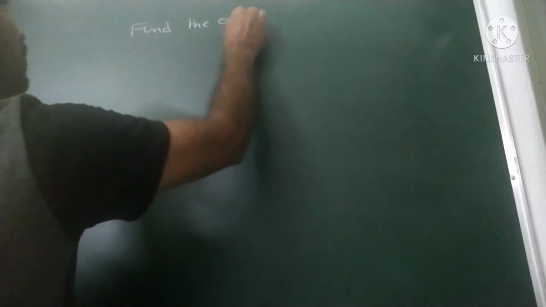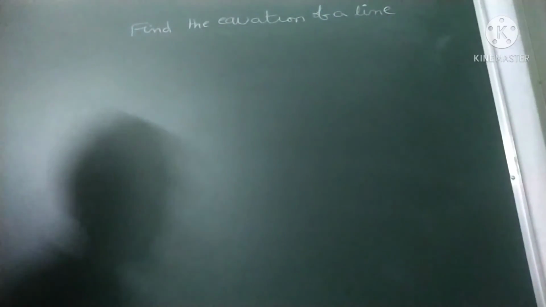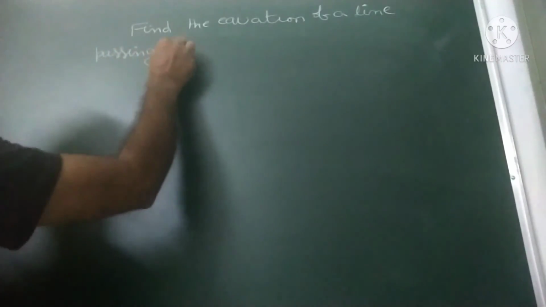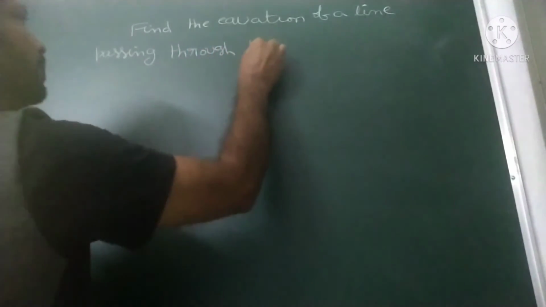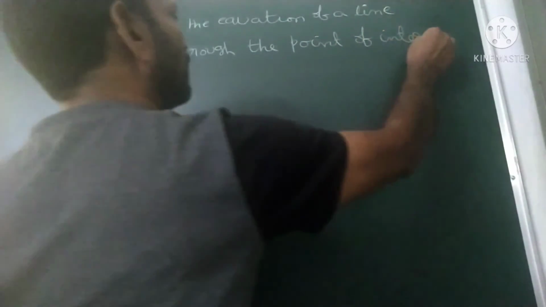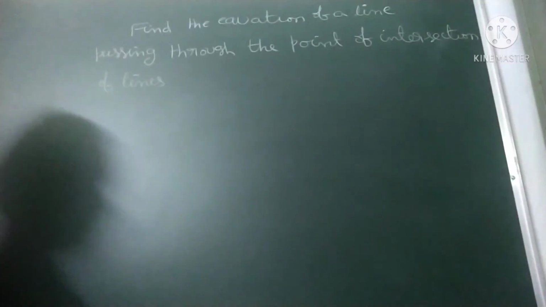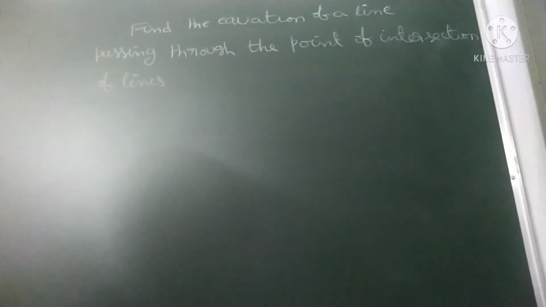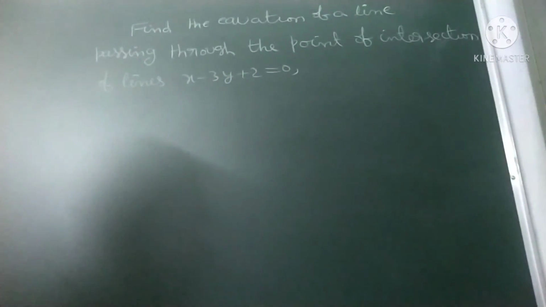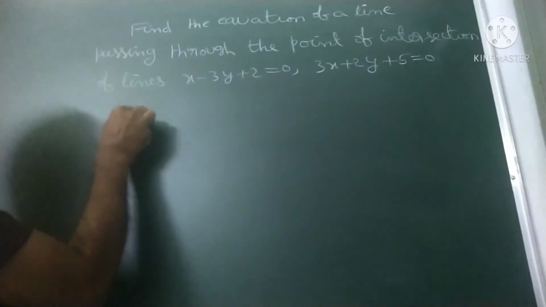Find the equation of a line passing through the point of intersection of the lines x minus 3y plus 2 is equal to 0 and 3x plus 2y plus 5, and perpendicular to